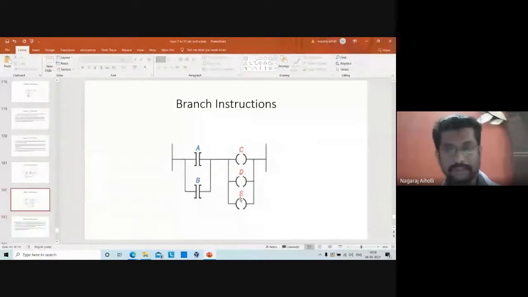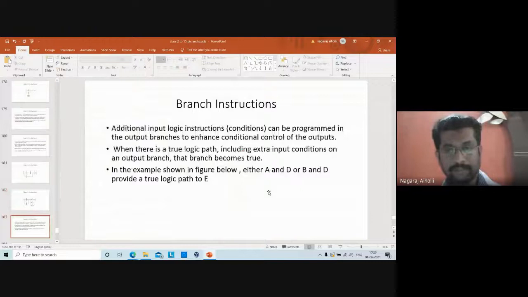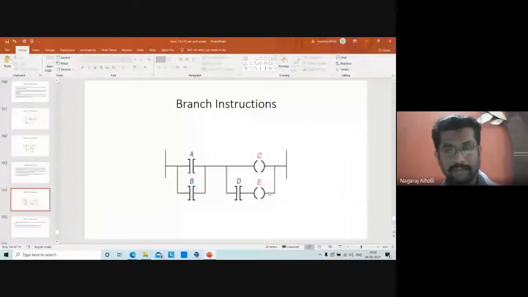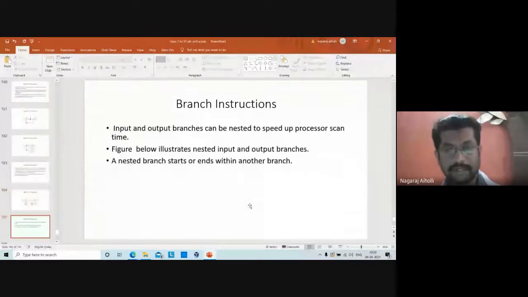How will the logic, the input conditions and the output conditions be when they are connected in the form of branch instructions? The same input contact can be connected at the output also in the form of a branch. Then there can be nested branches, one branch within another branch.